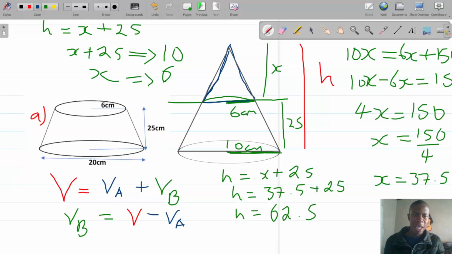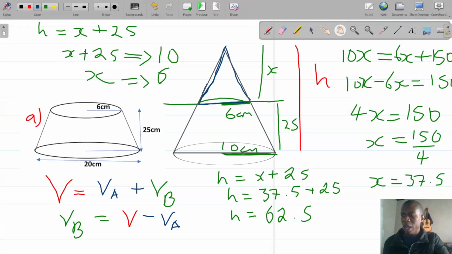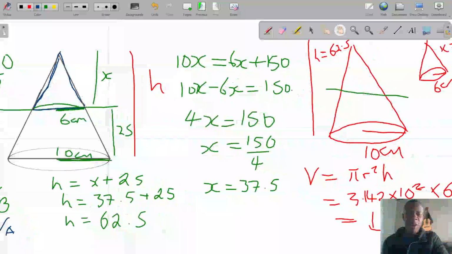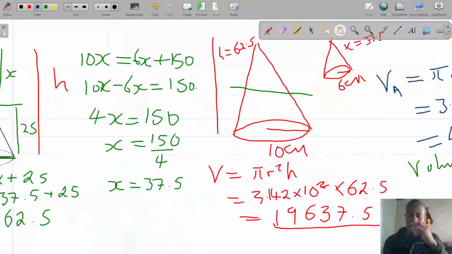So here we find the volume of the original shape. We just needed to find the height and this x, and that is all. We use ratio and proportions. This height goes with the bottom part, then this x goes with the middle part there, which is 6. Then we just do some ratio and proportion calculations. Then we found the heights of each, and we use the formulas to calculate the volume. So next question,